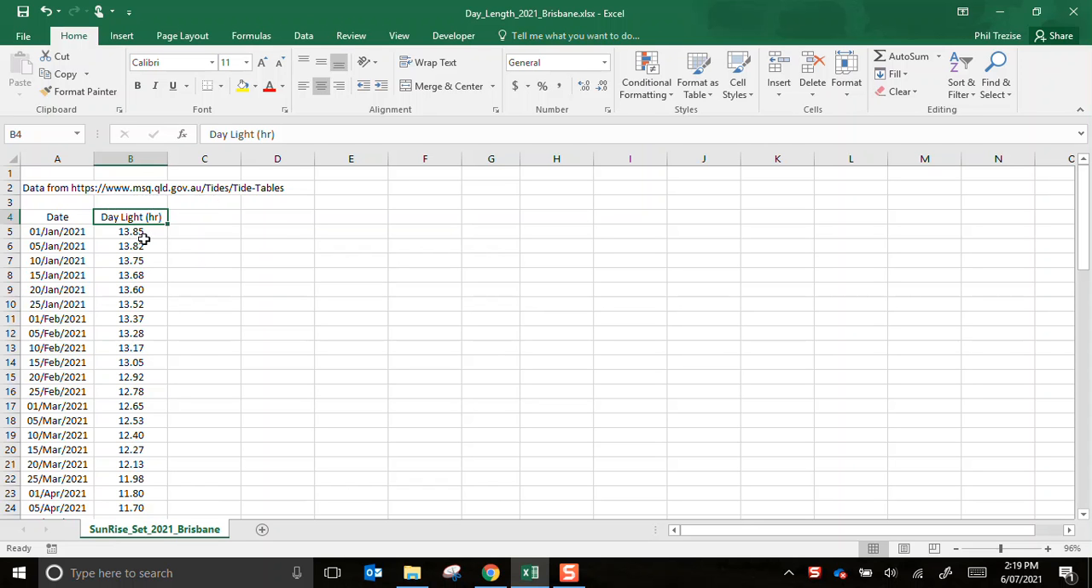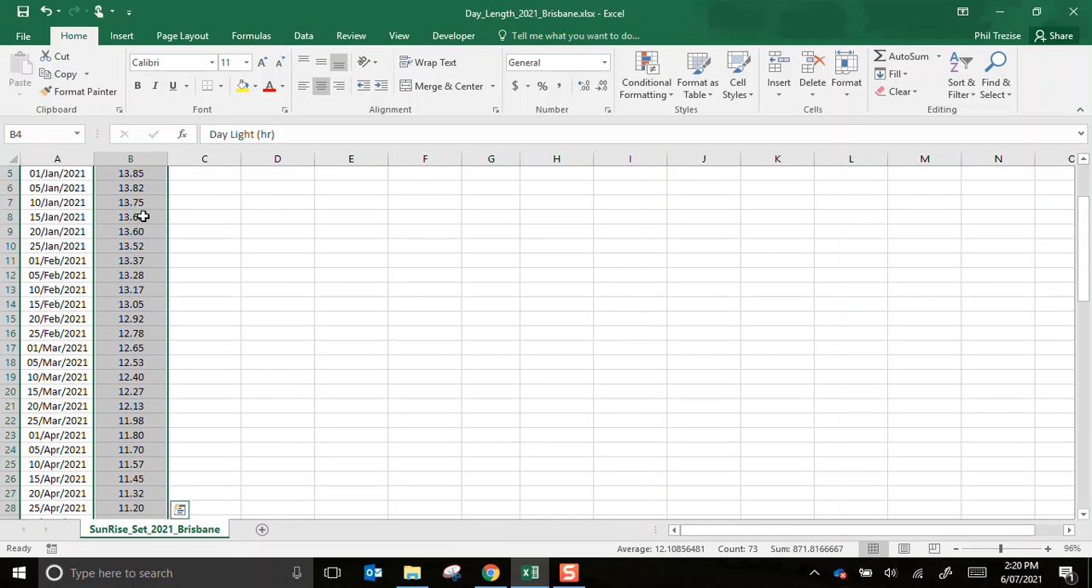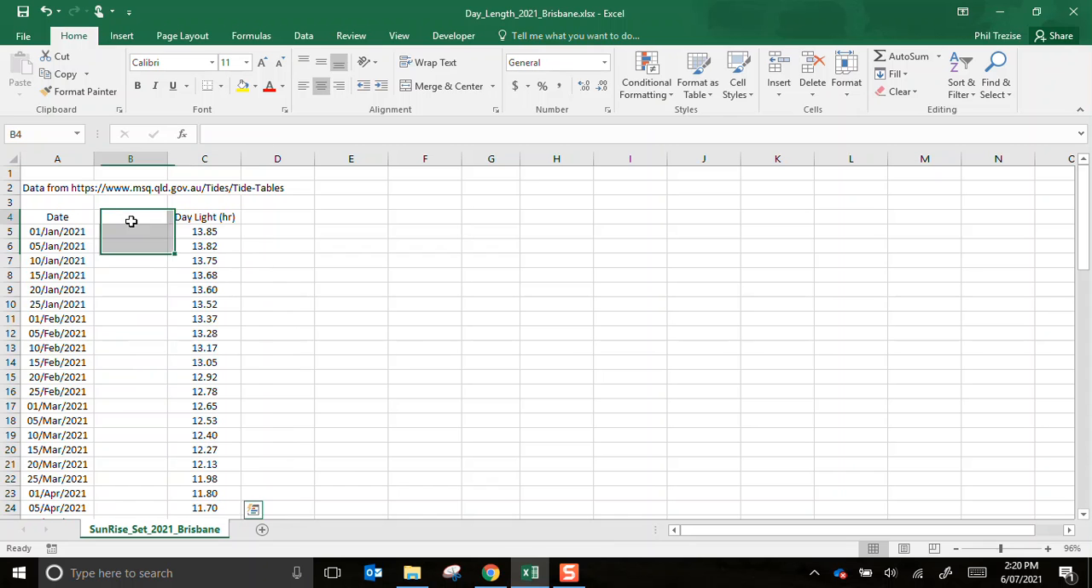Now, before I try to do a scatter chart, I want numerical data for both axes. So this is already numerical data, but the dates, well, they're not exactly numbers. They are a time sequence, which is important, but I need to do a little bit of work first. So I'll press Control Shift and then down arrow to highlight all of these values and move them across a bit. Now I'm going to calculate the day number,